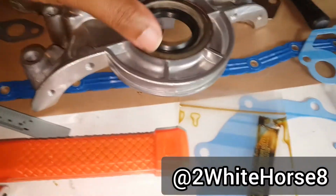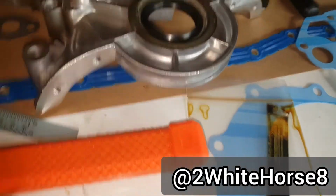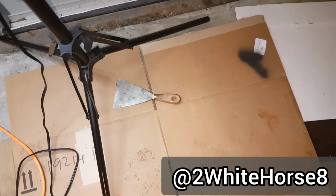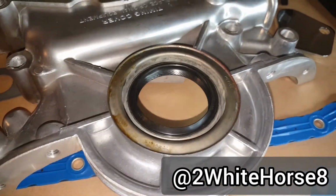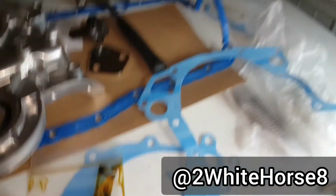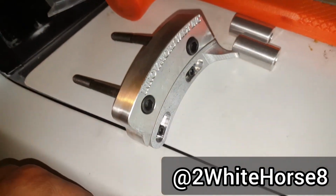Actually, ended up fitting this in. The timing seal kind of goes in one way. Actually, ended up using that little spreader right there to get an even hit on it because it is form fitted, so you kind of have to knock it in there. But got my timing cover in, got all my gaskets out, got my timing pointer,